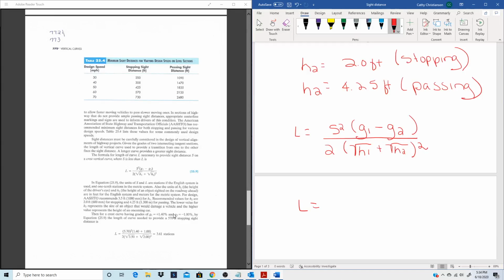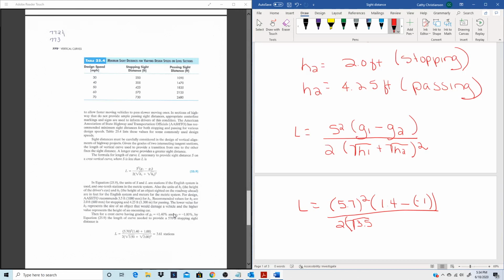So if I plug those numbers in, my S squared, remember this is in stations, so that'd be 5.7 squared. G1 is 1.4, minus G2, and our G2 is a -1, so negative and negative makes a positive, and that's all over 2 times the square root of 3.5